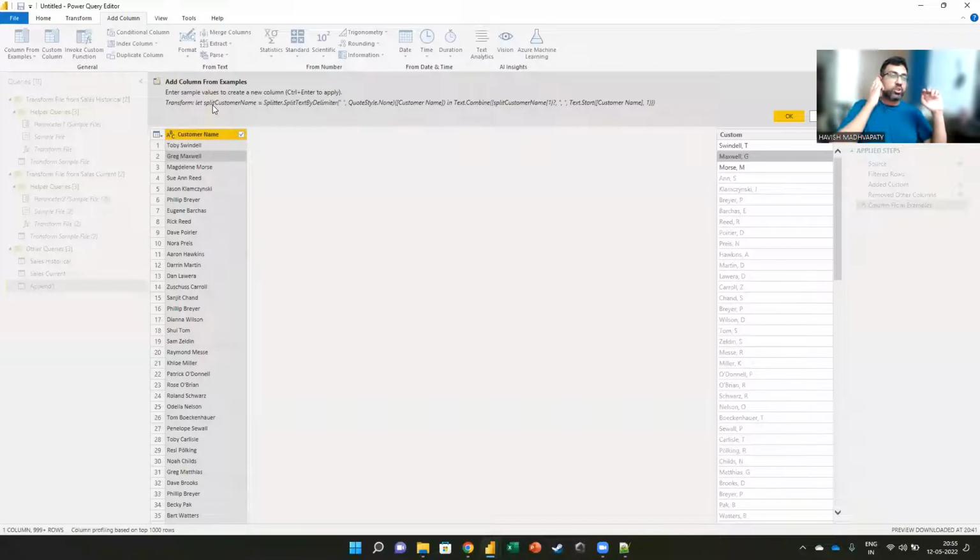This is amazing. You know, so when people ask me what is the future of Excel and what is the future of Power BI, I tell people the future is AI. AI is going to impact you, even if you're not a programmer, in all sorts of ways. I can create a chart, I can ask a question, I can get an insight, I can even create a formula without doing anything manually. I don't have to learn what is Splitter.SplitText? I don't have to learn what is Text.Combine. I don't have to bother with the syntax. Everything is going to be done for me automatically. I just give it a sample and it automatically builds the formula for me, right?